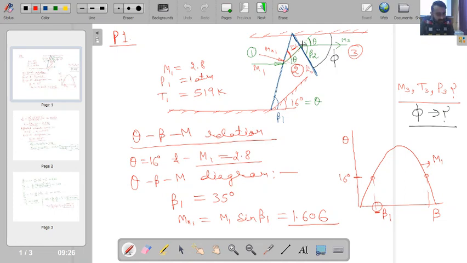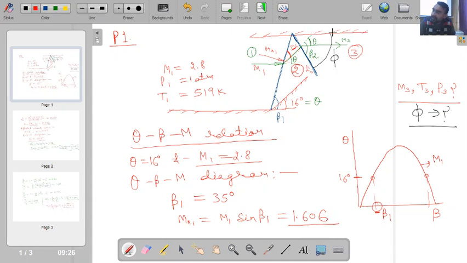What I am saying is, this complete angle is beta 2, and with horizontal this angle is theta. So this is a horizontal line. With this horizontal streamline, the shock wave is making angle beta 2 minus theta, and this angle phi is also